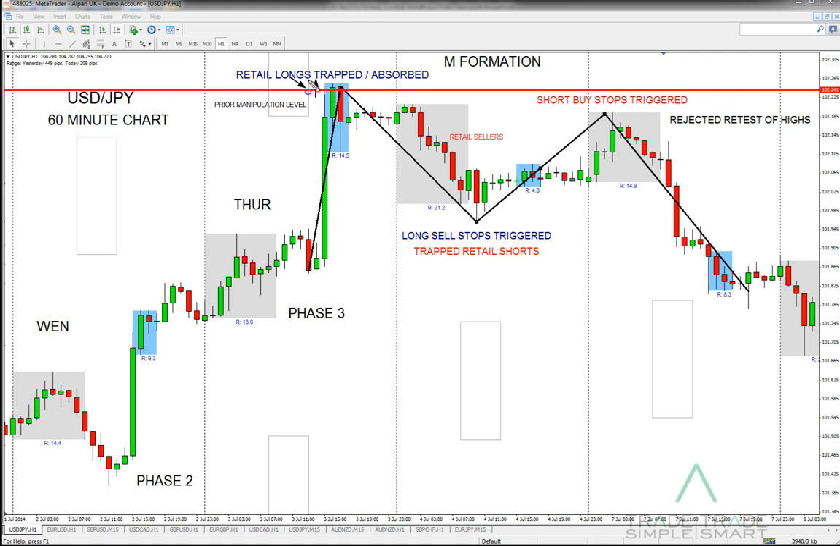Now again, those traders who are trapped here and have their stop loss orders within the mid or the end of the rally, as the market comes down, simply get stopped out. Okay, now what also happens is,